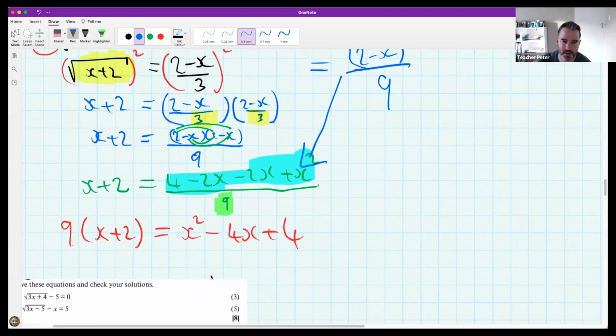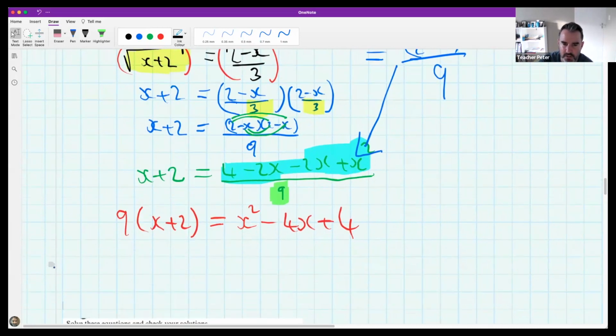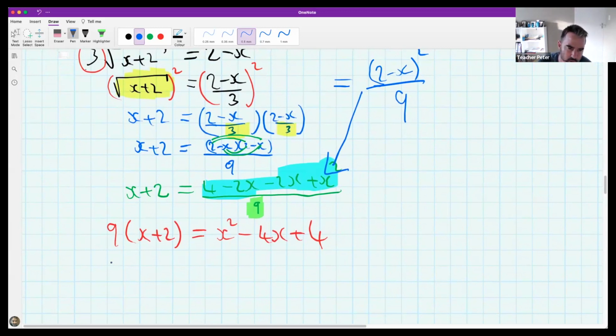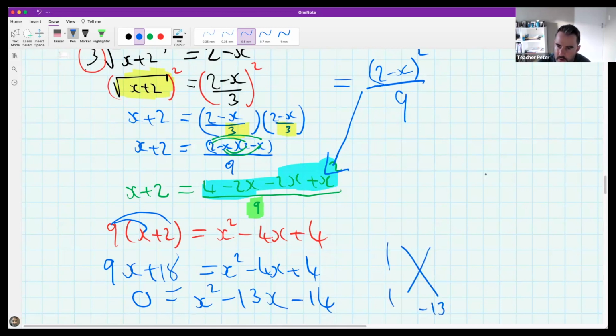Okay. So now we have to try and get the answer for this bit over here. And so I'm going to distribute the 9. And then I'm going to move everything to one side. Wait, let me be careful here. Minus 9x, so minus 13x, minus 14. And I think